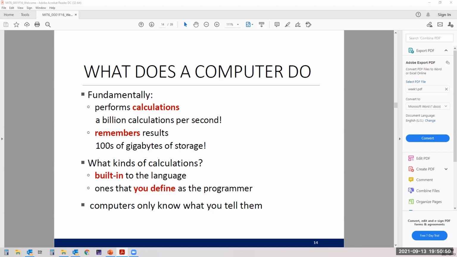What does a computer do? Fundamentally, the computer is literally doing computation, calculations. It is a big calculator. The first computer in the world is the calculator, which was defined by Charles Babbage, in 1884, who we consider the father of the computer system. If you are interested, go and read about Charles Babbage.